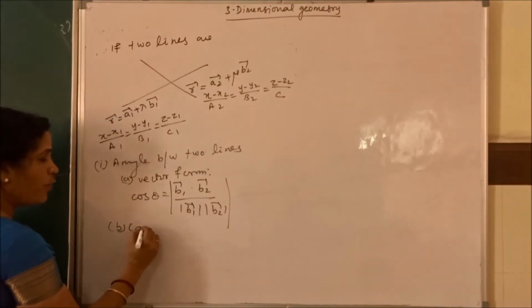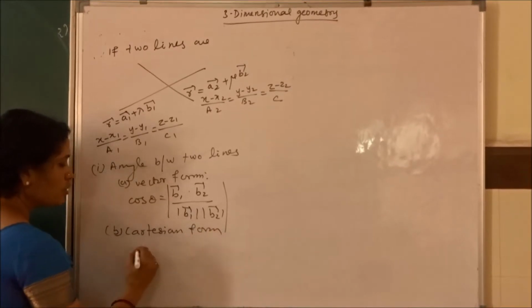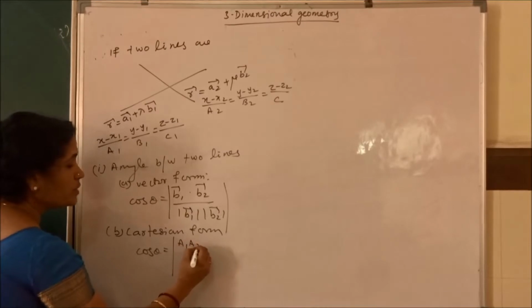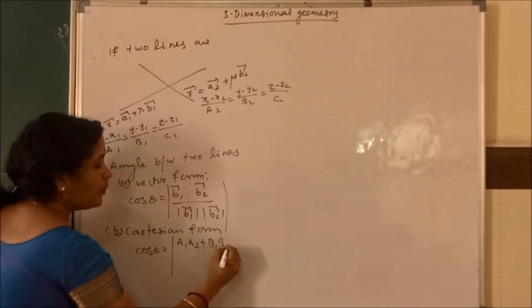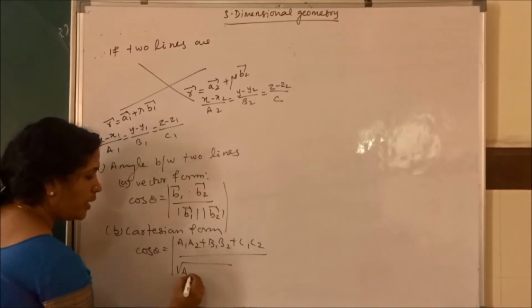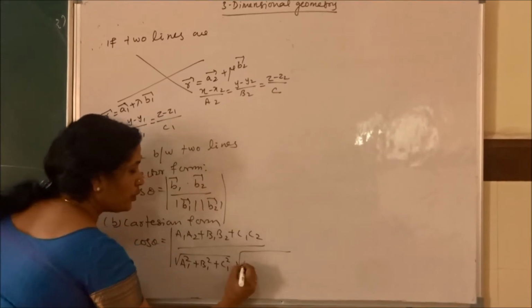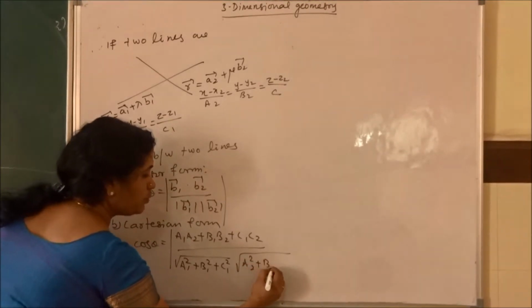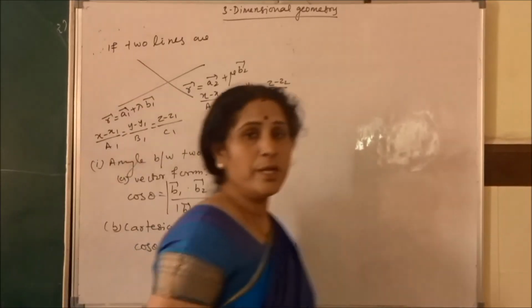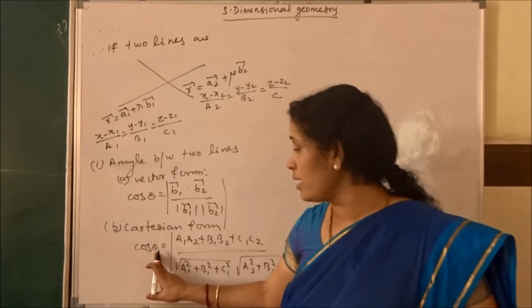Now what is the Cartesian form of the angle between two lines? That is cos theta equal to a1 a2 plus b1 b2 plus c1 c2, the whole upon under root of a1 square plus b1 square plus c1 square, into under root of a2 square plus b2 square plus c2 square. In case both lines are perpendicular, then theta is 90 degree, cos 90 is